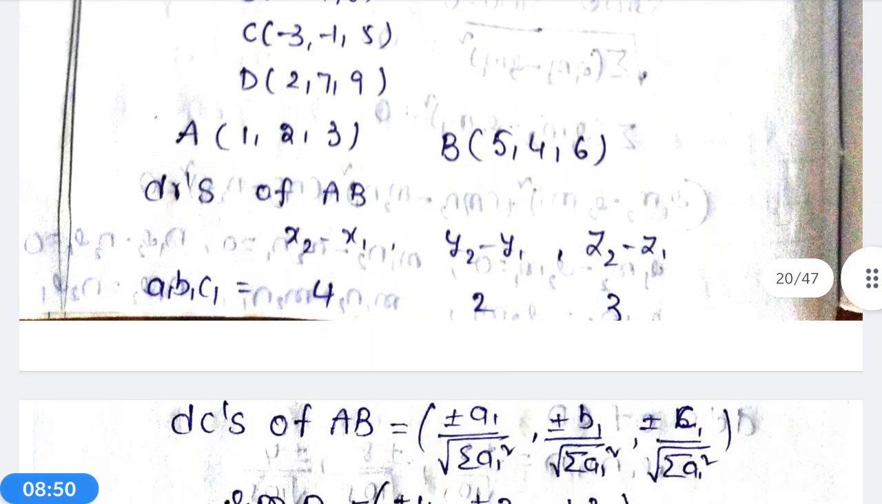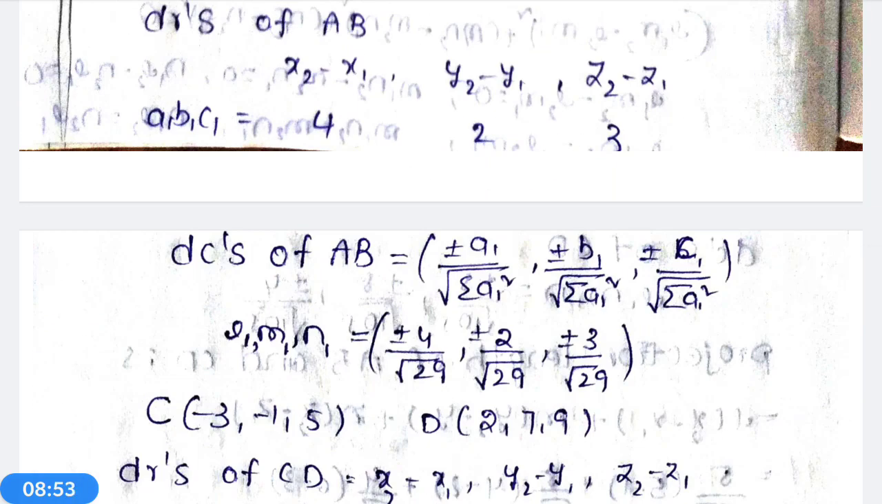So therefore, DCs of AB is equal to plus or minus A1 by square root sigma A1 square, plus or minus B1 by square root sigma A1 square, plus or minus C1 by square root sigma A1 square. Therefore, L1 M1 N1 is equal to plus or minus 4 by square root 4 square plus 2 square plus 3 square, which is 29. Plus or minus 4 by root 29, plus or minus 2 by root 29, plus or minus 3 by root 29. Similarly,